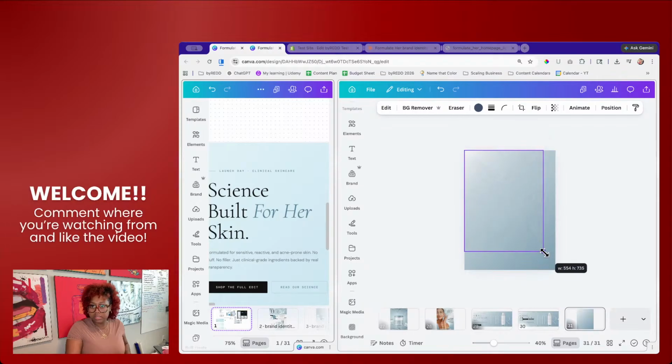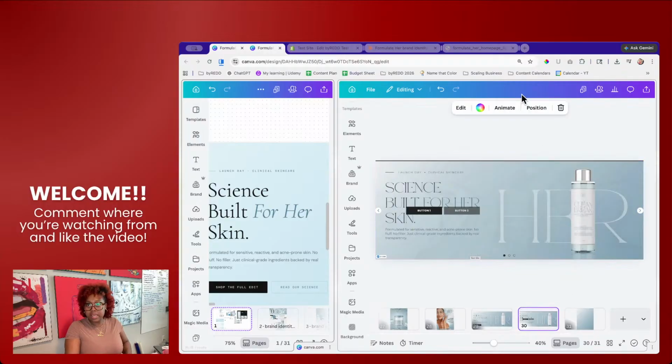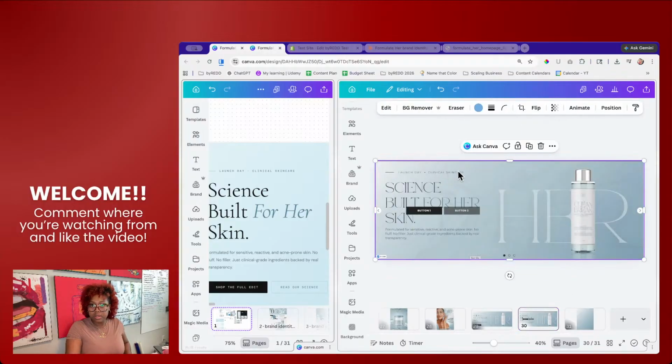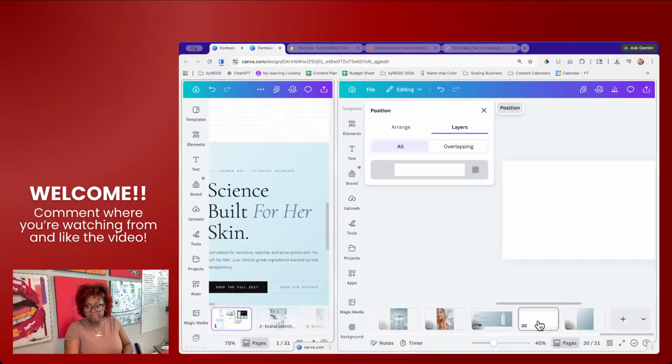Align it. Okay. We're going to take, let me make sure this is in the back. Oh wait, this is the wrong one. Anyway,